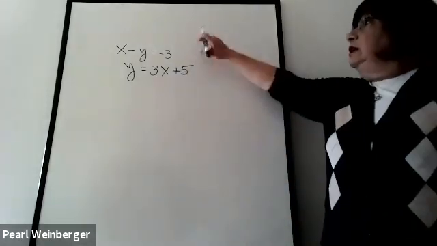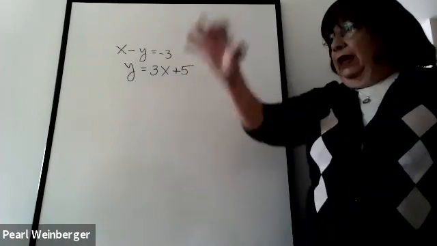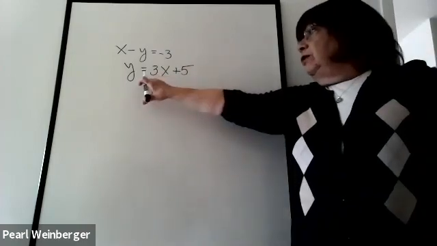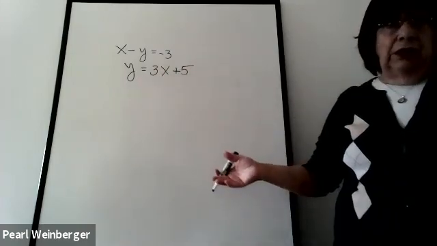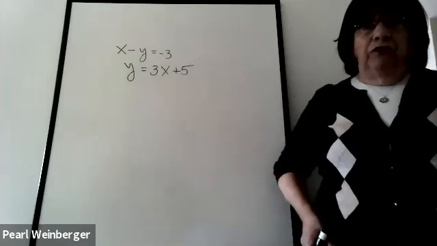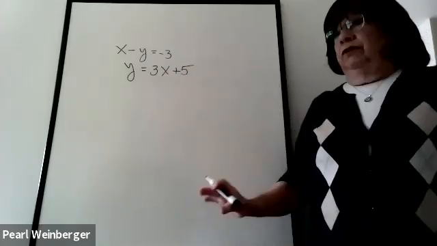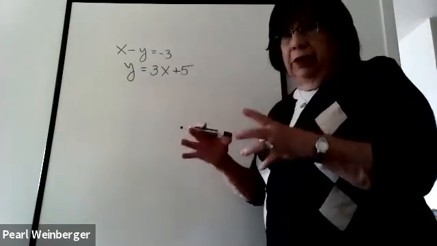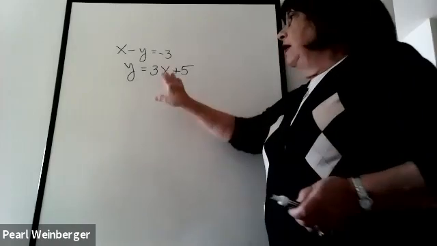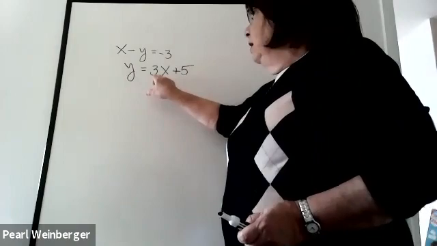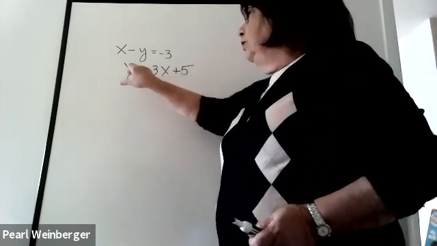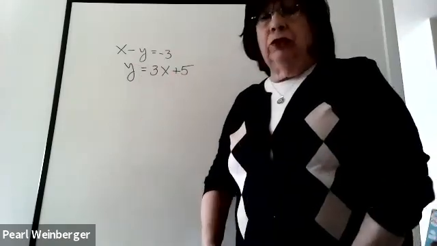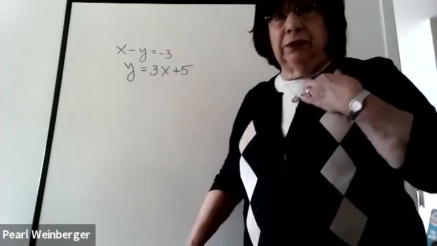The top equation is written in standard form, x, y equal number. But the second equation is the way we usually write something in y equals mx plus b form. It's not in standard form. And I said in order to use the elimination method, I need both my equations in standard form. Now, I could have made this in standard form by subtracting 3x from both sides. I will do that